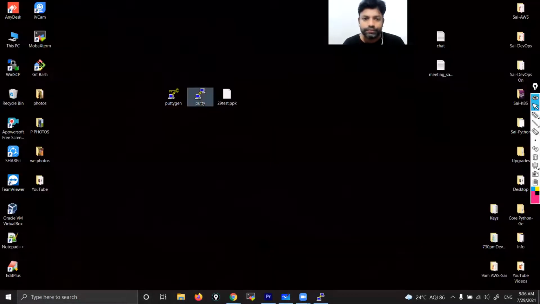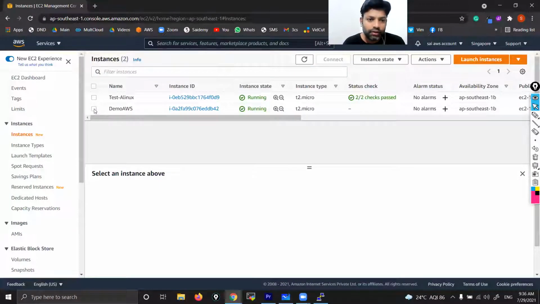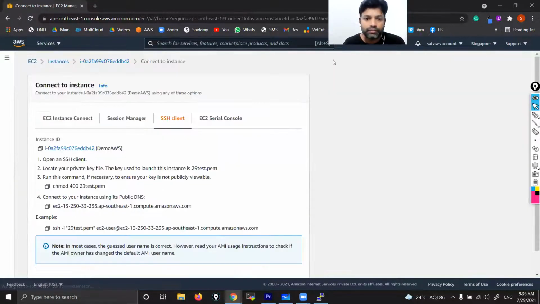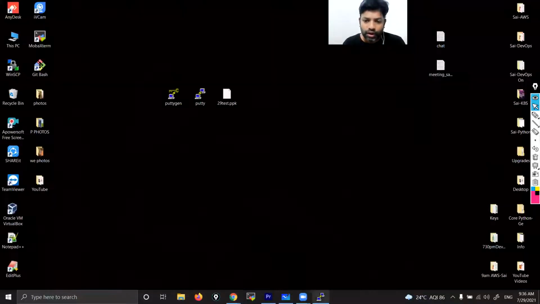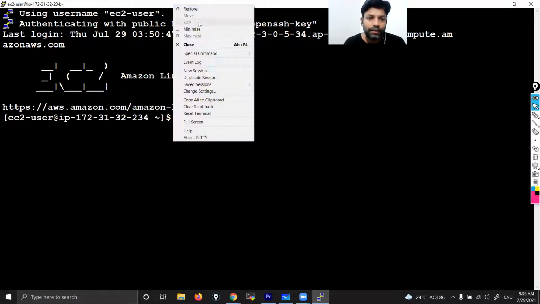Let me show you. Simple. To access the second instance, just click here on connect, and see here, demo AWS. Click on connect. Now here is username at the DNS name. The username is the same, but the DNS name is different. So copy that one. Now PuTTY is already engaged with the first instance. Now right click here,